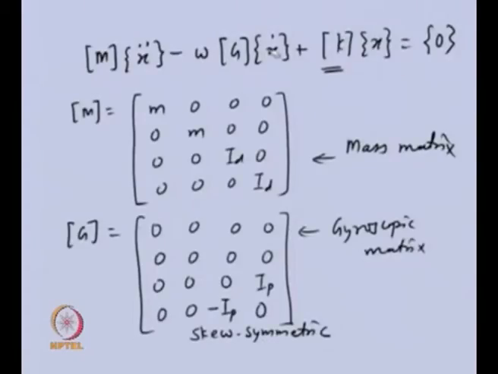Now we can assume this, because at present we are not considering any external force. We can solve for free vibration by assuming the solution to be, let us say, some amplitude and the frequency, let us say whirl frequency is nu, so nu t. So, we can take the derivative of this once. So, we will get this expression, because our equation of motion contains derivatives up to second, so we can differentiate up to second.